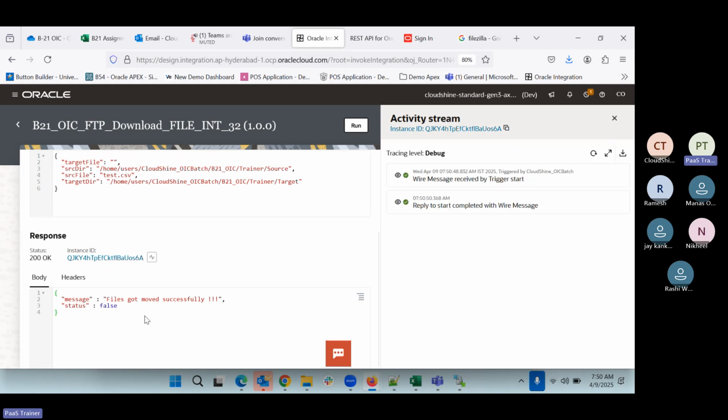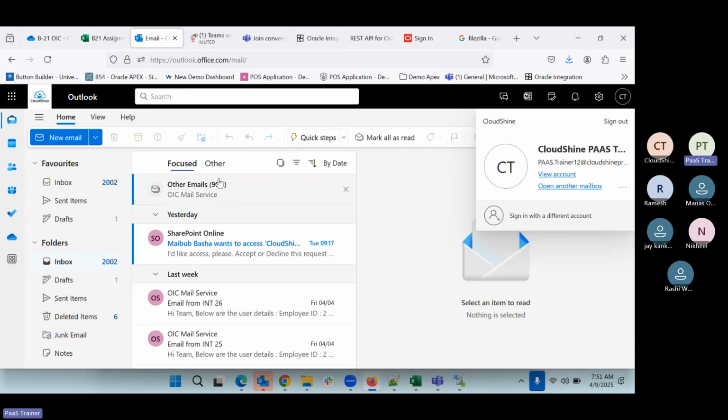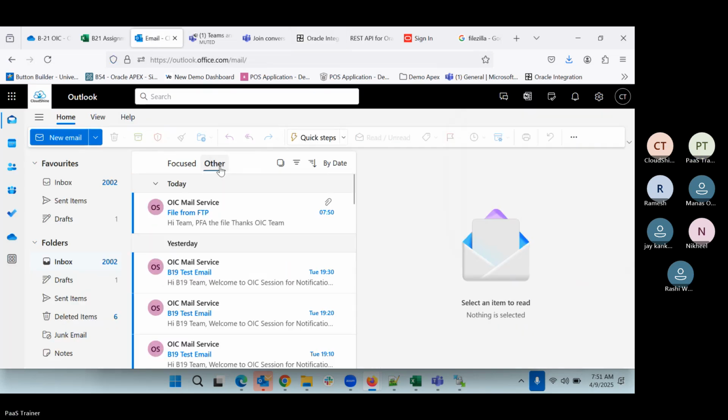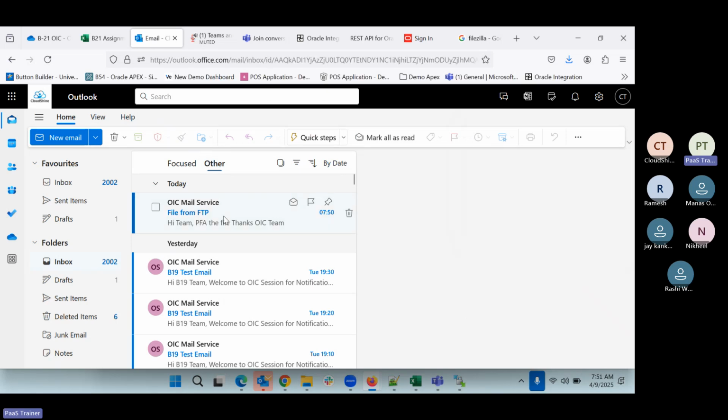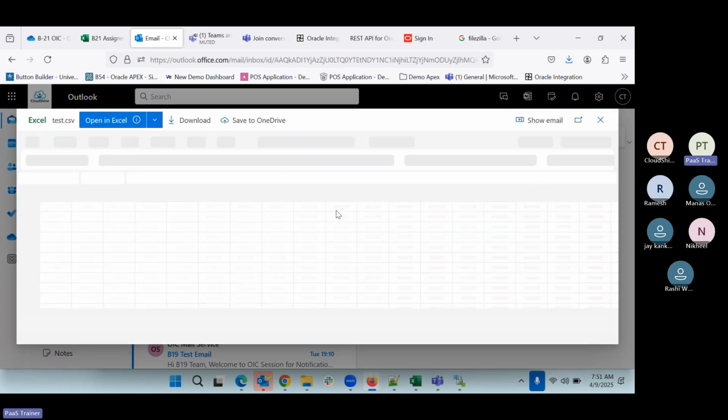So the message got completed, which means our integration got completed. Now we can go and see the email right here. If you see, we got the email, "File from FTP". If I come here, see, "Hi team, PFA the file." The message we got, and then if you see it, test.csv, and if I open it,